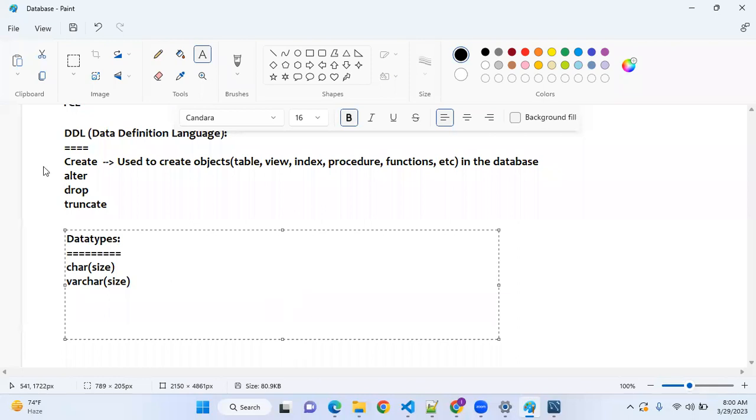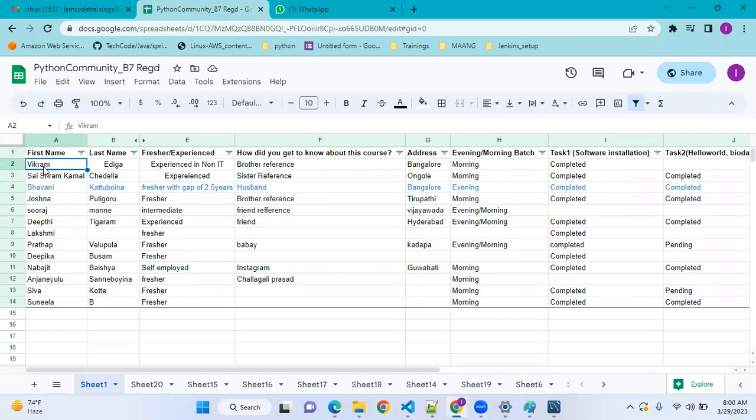Okay. For example, first name I want to store. I want to give a column name, and for that column name I'm giving varchar as the data type. But I need to mention the size also. Size means how many characters. What is the maximum length that this particular column should hold. Okay, so Bhavani contains only 4 letters. Sorry, not 4, 7 letters. So if I give varchar of 6, then we will not be able to insert Bhavani's name.